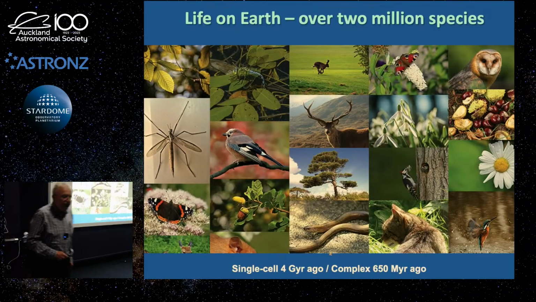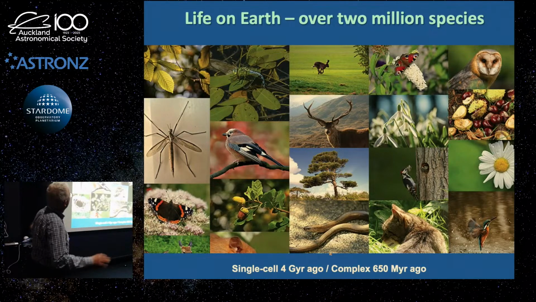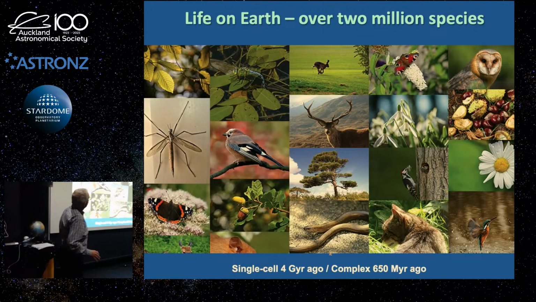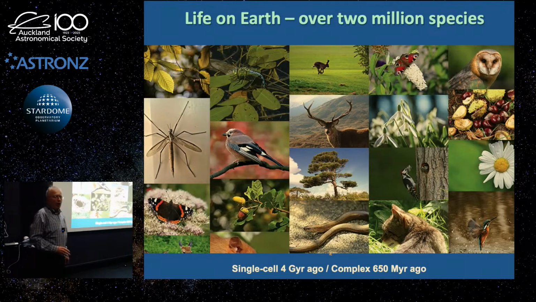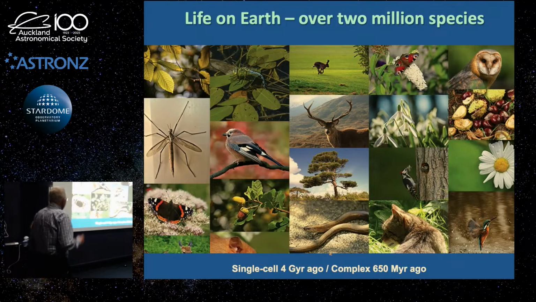As for life, Earth is the only place that we're aware of in the entire universe where there is life of any form whatsoever. Scientists have identified over 2 million different species of life form on Earth, and it's estimated there could be up to 8 million species. There are some we just don't know about. Fossil evidence suggests that life got started early on Earth, very quickly, about 4 billion years ago.